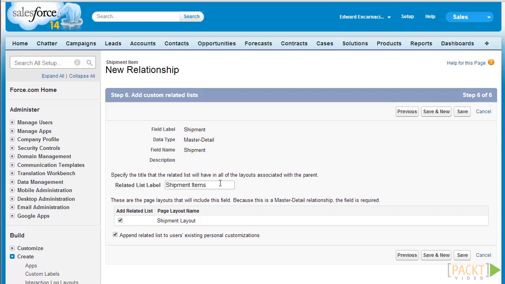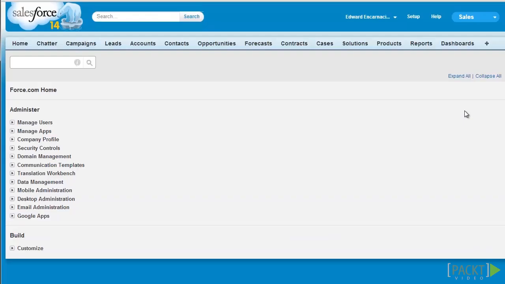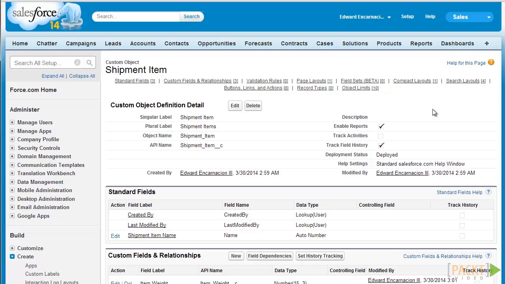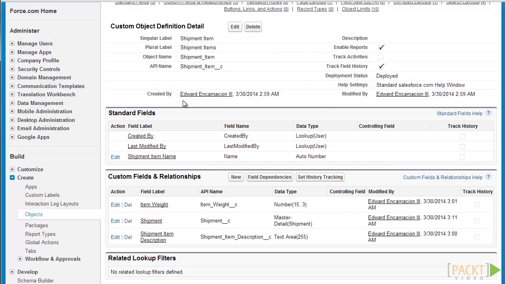So I'm going to retain the current related list label. We're also going to retain the shipment layout, which adds this shipment items related list to the shipment page layout. So let's just click on Save to finalize this change. So that's it. We just created a link between our new object shipment item to our previously created object called